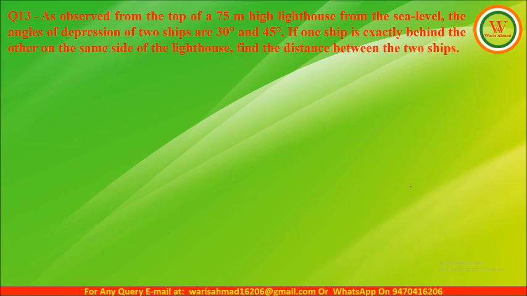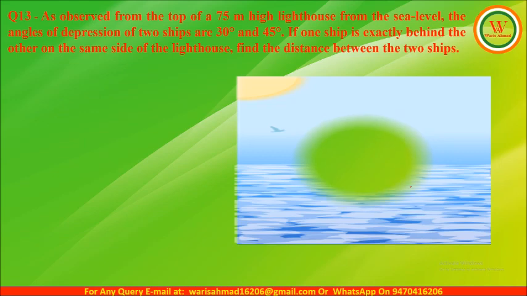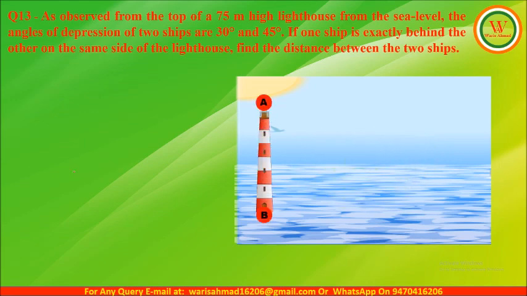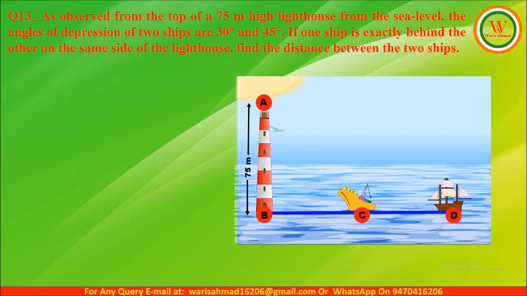Here, according to the question, again we will draw the diagram. So first of all, let us consider a sea with the lighthouse AB. The height of the lighthouse is given as 75 meters. Now let us consider two ships. The first ship is at point C while the second ship is at point D. According to the question, the angles of depression of these two ships from the top of the lighthouse are 30°